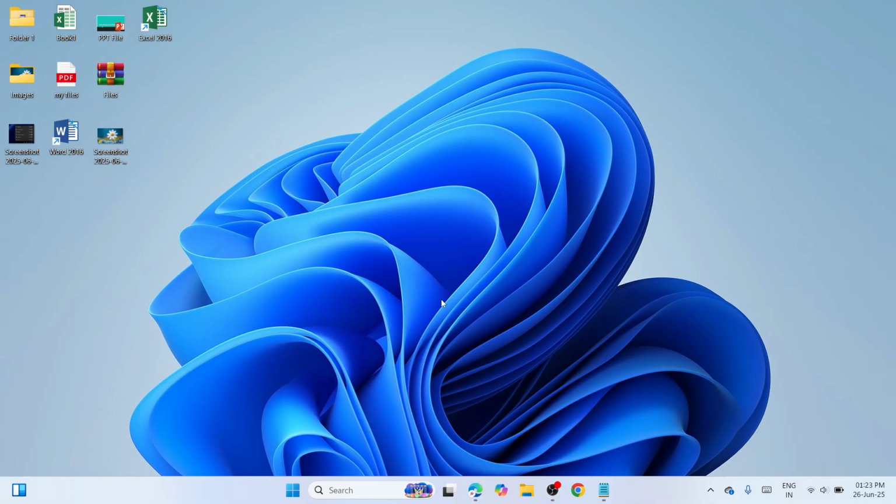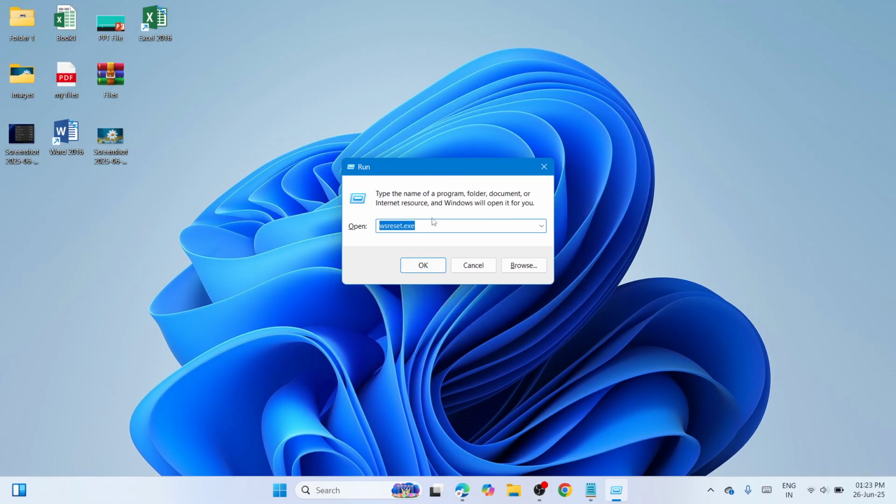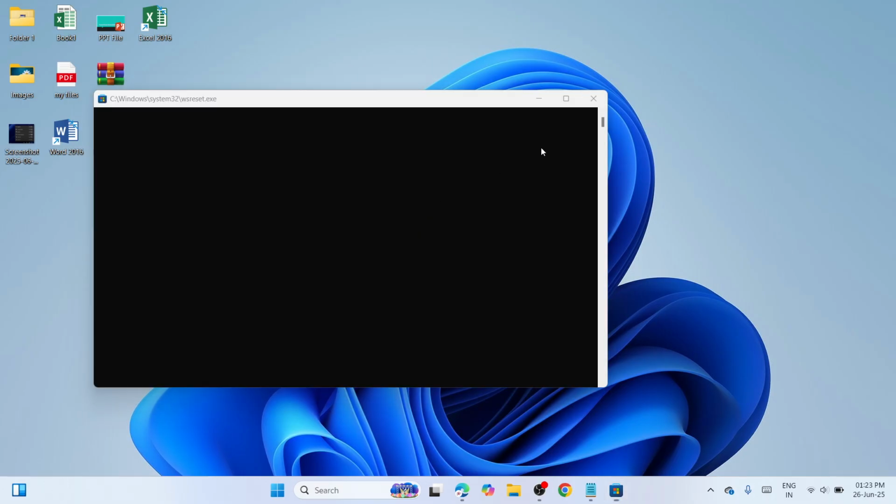By that, press Windows key and R key together. In that way, you'd be able to open this small window called Run. Type WSReset.exe and click on the OK button to continue. After this, you need to restart your computer once you have completed this procedure and then check if the error